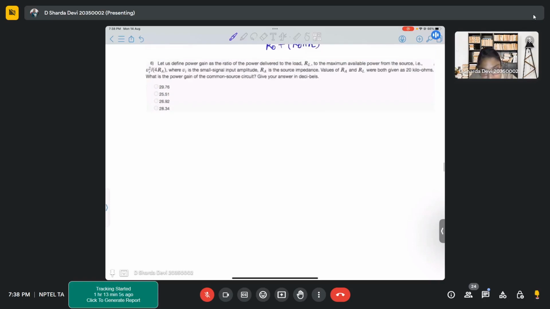So in this problem, we have to define power gain as the ratio of power delivered to the load to the maximum available power from the source. That is, P input is Vi square by 4 Ra, and P out is the power across the load. So power across the load will be,